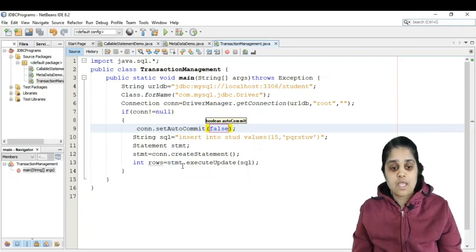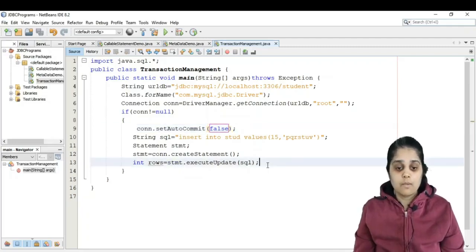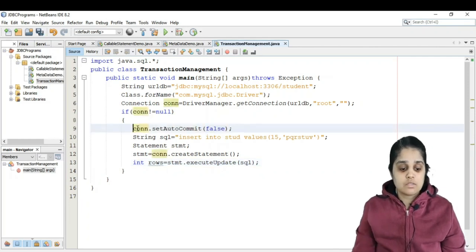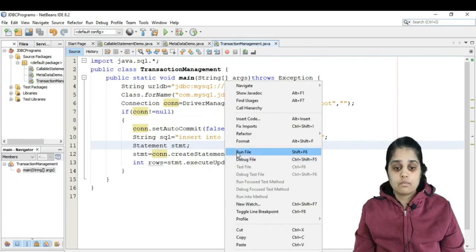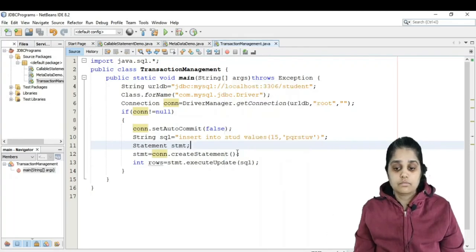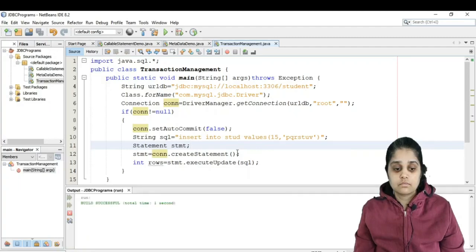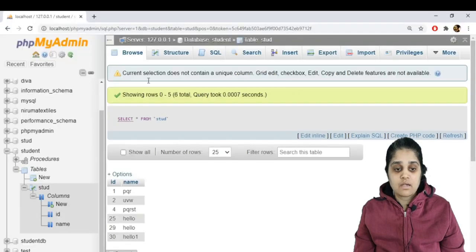Let us just check after running this program. So my setAutoCommit is false. I will try to run this code. Now let us see whether things are reflected in the database or not.